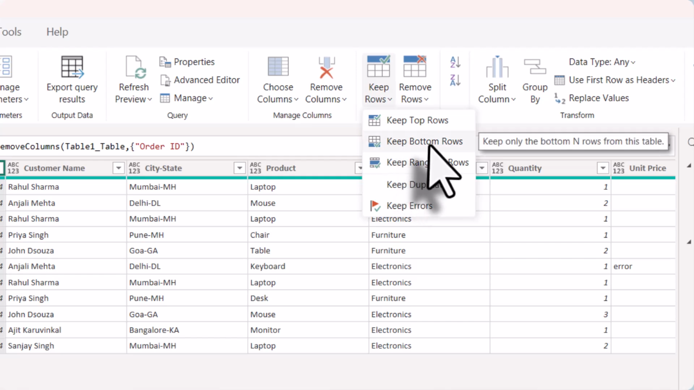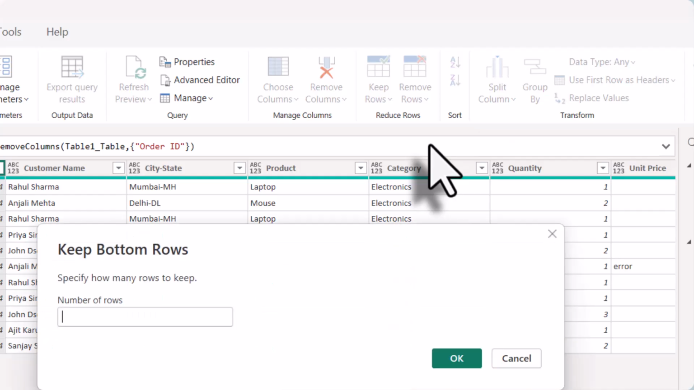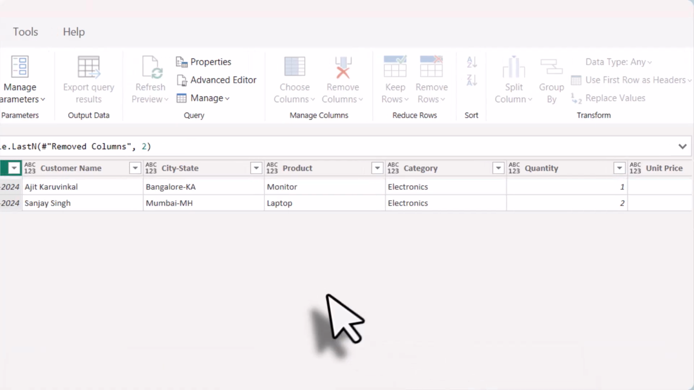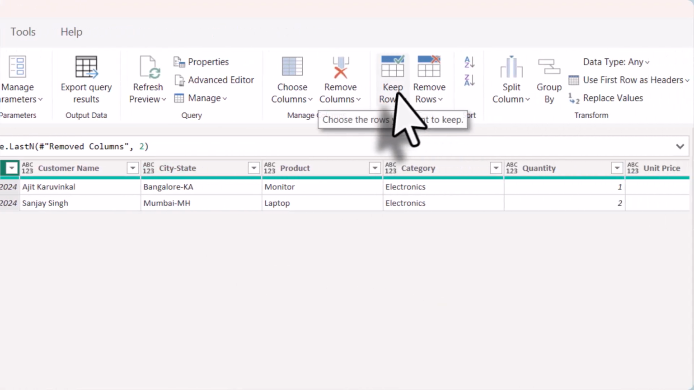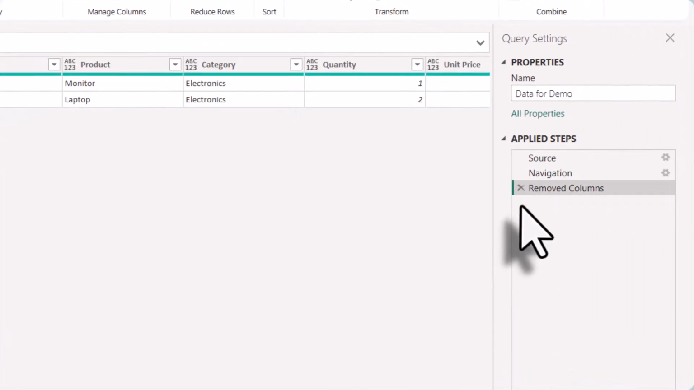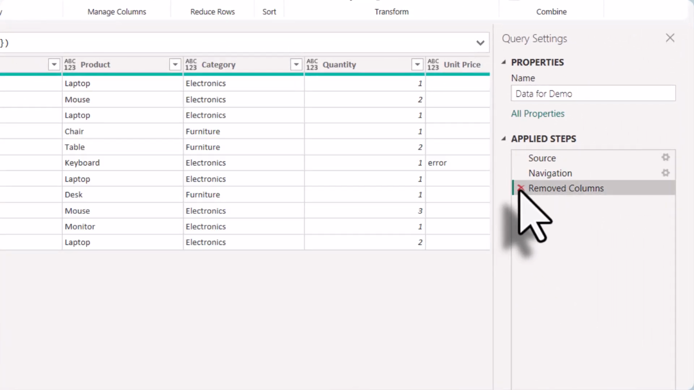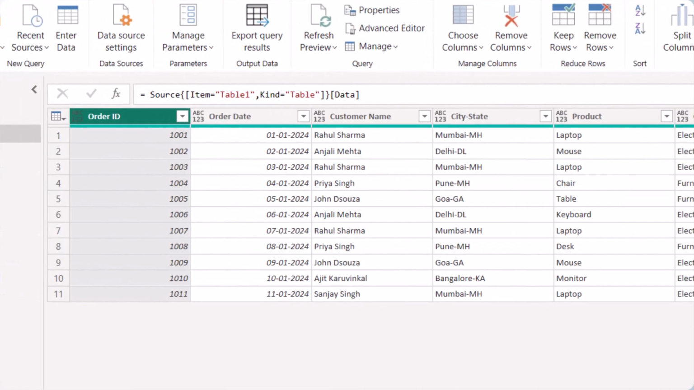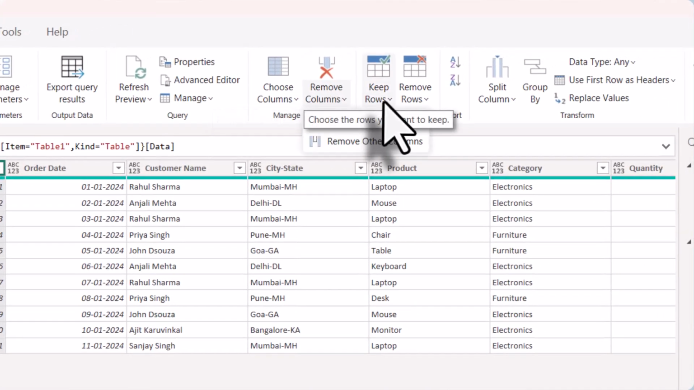Keep rows, if I select keep bottom rows, so the last two, Ajit and Sanjay's rows, it has to keep. So let's see if it works. So I am updating 2 over here and hitting OK. So yes, it is doing its work perfectly and fine. I will remove the step. I will remove removed columns so that I have all the columns with me. Now under keep